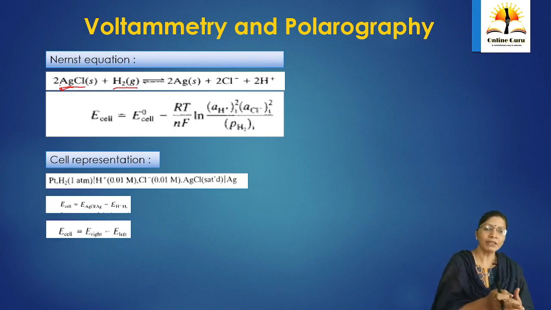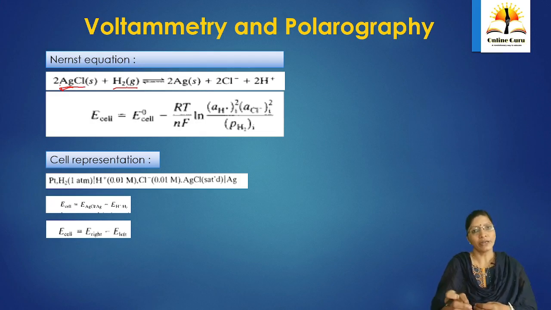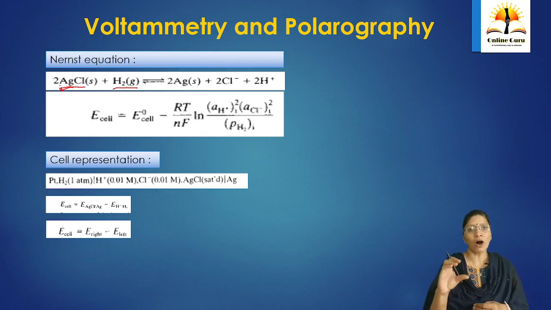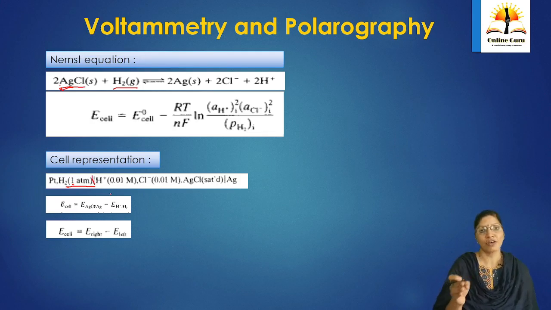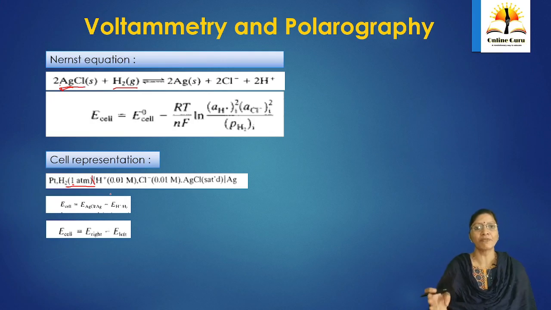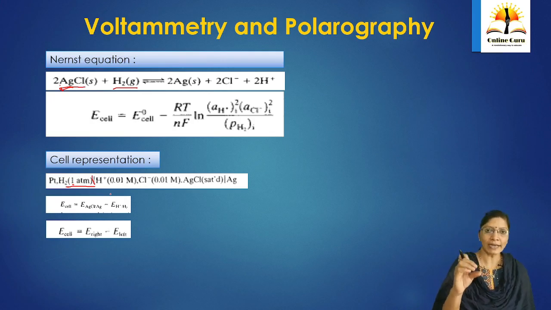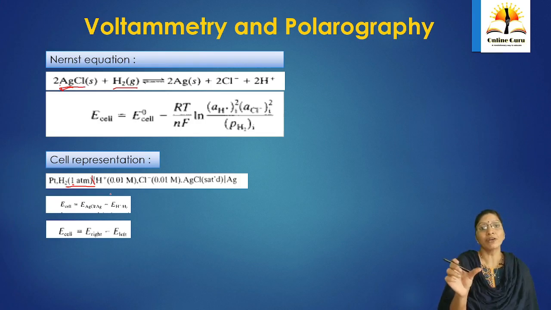So what is happening with the silver? Silver from the solution gets deposited as solid silver on the electrode surface, right? So how do you represent this cell? Cell representation also follows rules. What is meant by a single line? It indicates that a boundary potential is associated. One single line indicates a phase change, that is, the solid electrode is separated from the solution. If you have two lines in the cell representation, they indicate the liquid-liquid junction potential.